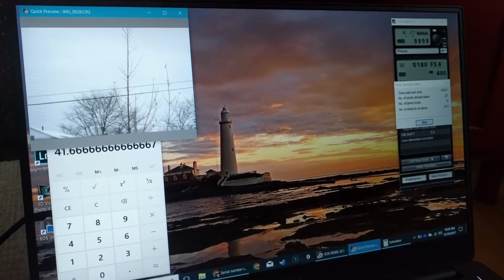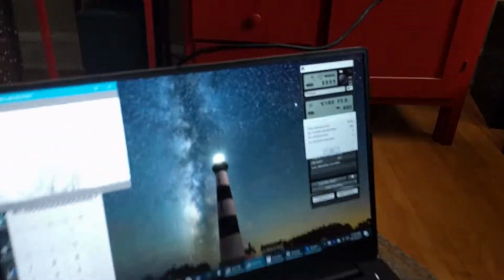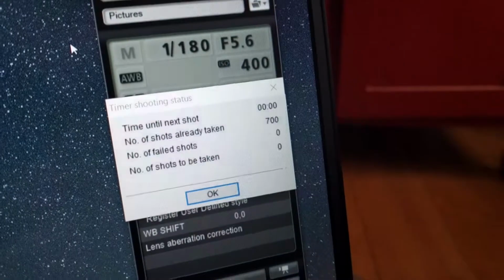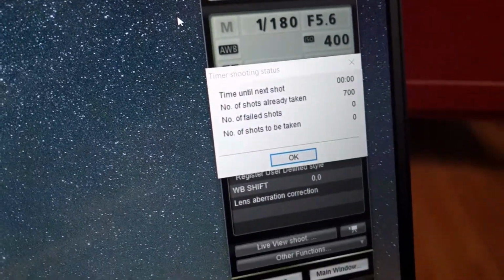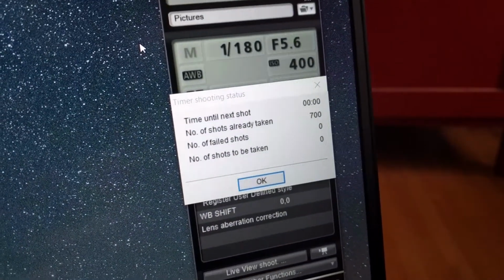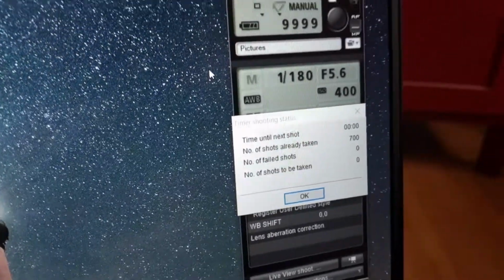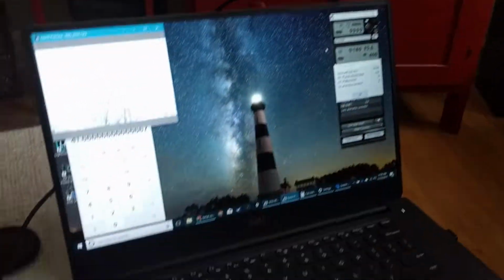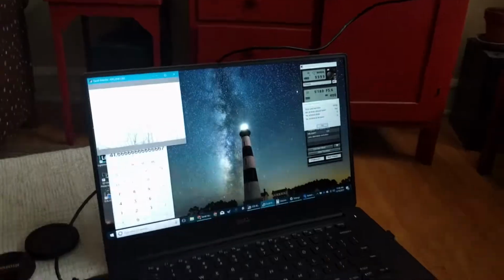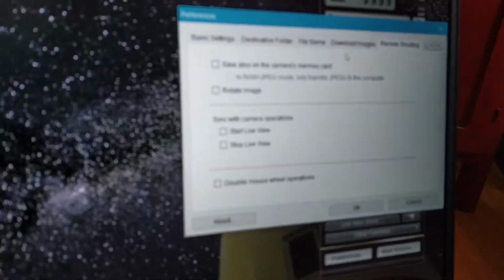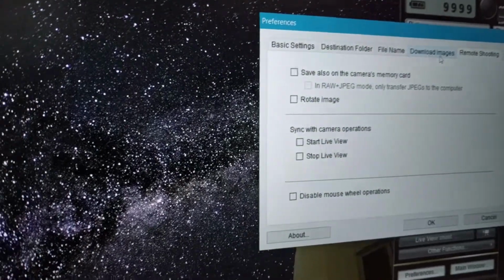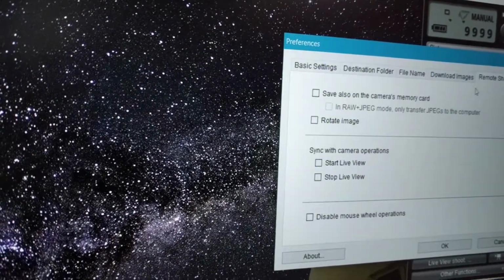Okay, so it's been a little over an hour, and it looks like 0 seconds remaining, 700 shots taken, exactly what I told it to. So we're going to go ahead and check out the shots that we took. One thing I didn't mention earlier is these are actually saved on the computer, not on the card of the camera. So, when you go into where it says preferences down here at the bottom,